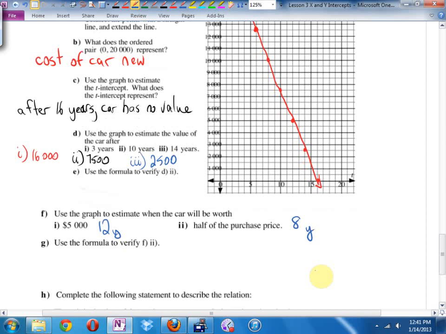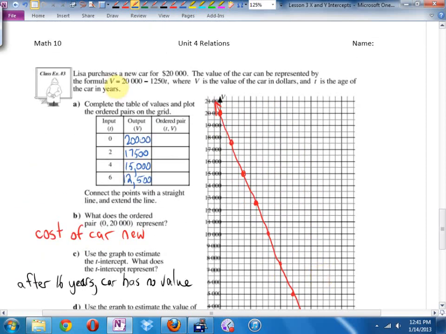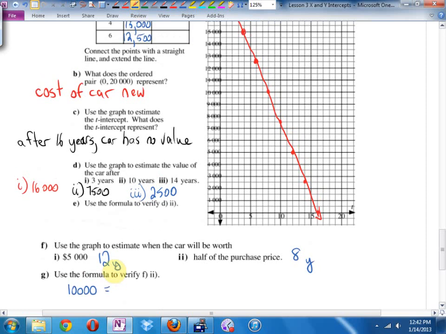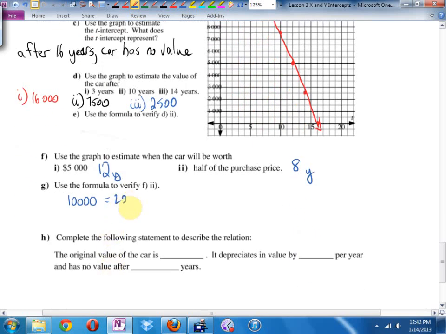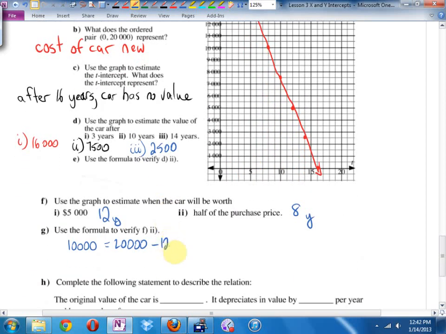G says use the formula to verify part 2. So this time I'm giving you a value on the y-axis. Half the purchase price was $10,000. $10,000 appears for which x coordinate? This is working our way backwards. We could find this. It says $10,000 is equal to 20,000 minus 1,250 times